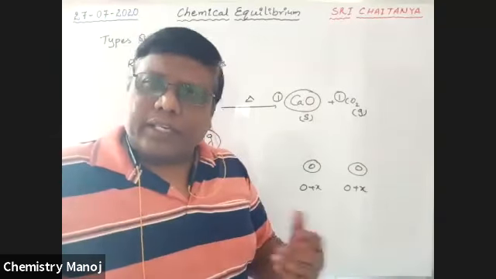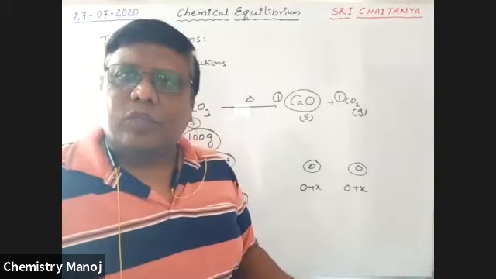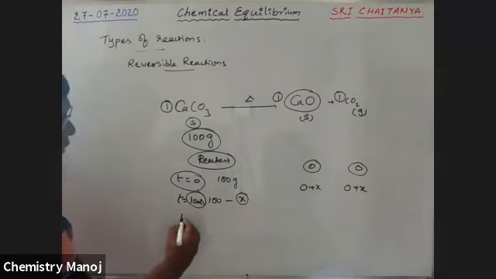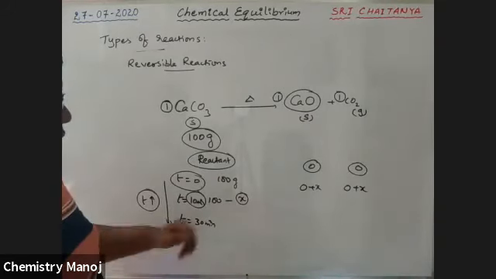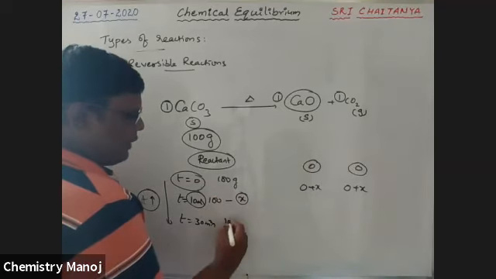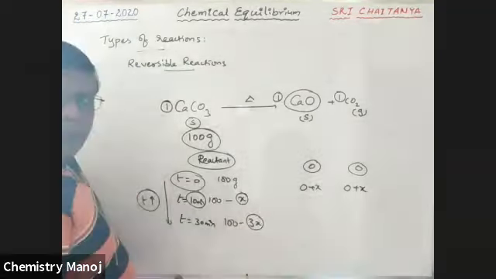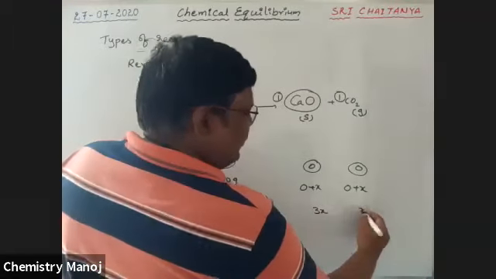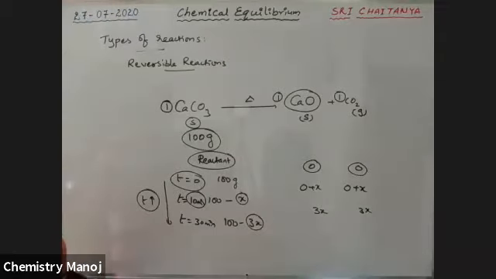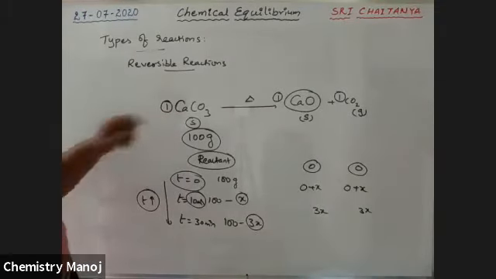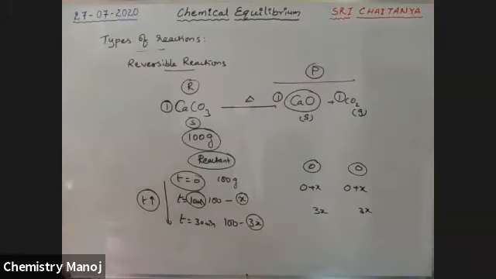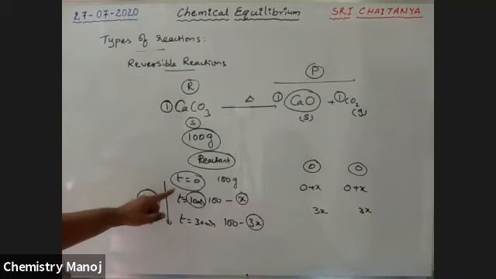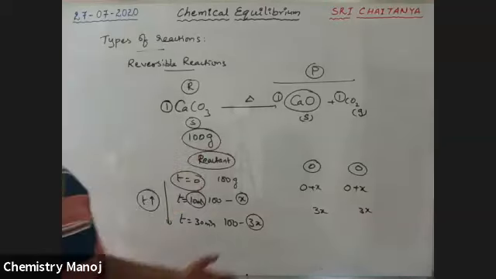Okay, now once again I'm spending some time for the reaction. So time T is equal to 30 minutes. From top to bottom, time increases, boys. So at 30 minutes, something more is lost: 100 minus 3X. Let it be 3X. Now how much is formed? 3X is formed. Now observe that. The CaCO3 is the reactant, and these are products.